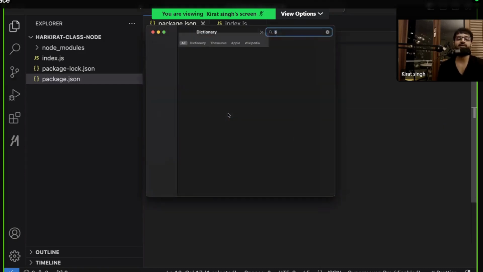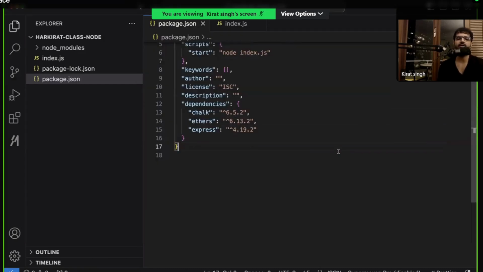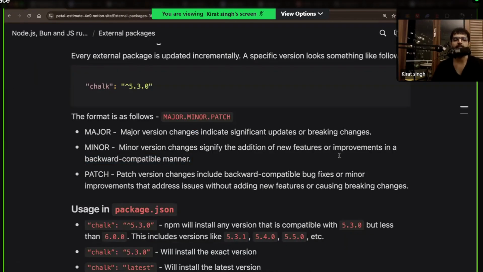When they change the major version, very big announcements happen everywhere. React 15 has been introduced, Next.js 13 has been introduced. But more than that, there might be backward incompatible changes. It might not be backward compatible.